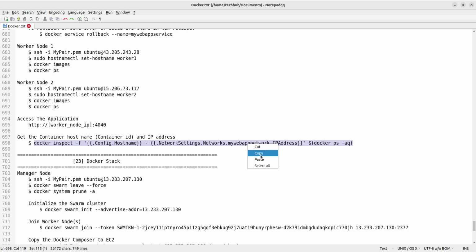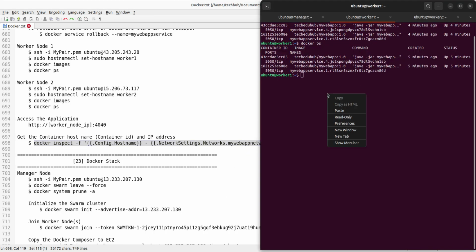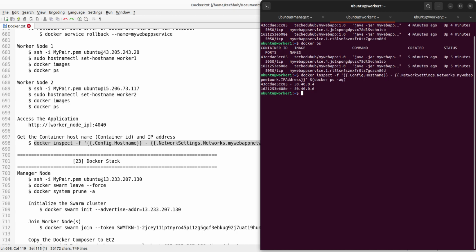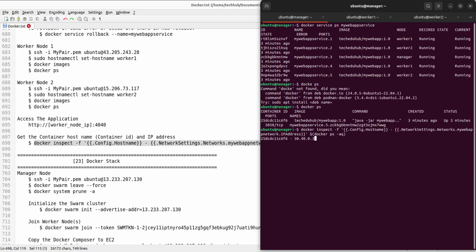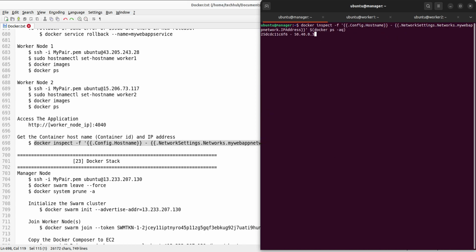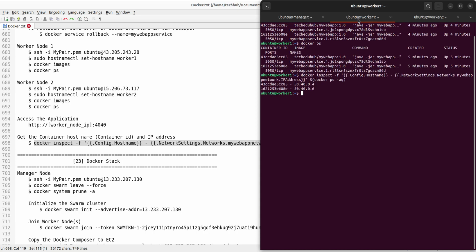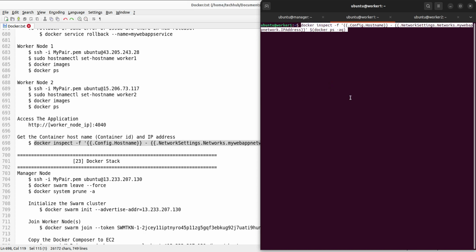Okay, copy it and execute it in your worker 1. It is telling you here to execute in worker 2 also, and in the manager also. In all 3, first clear it, then execute here. This is nothing but the container ID and IP address. In worker 1, clear it once and paste it again. Okay, fine. In worker 1 and worker 2, clear and